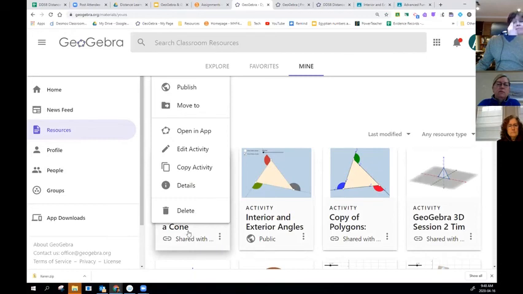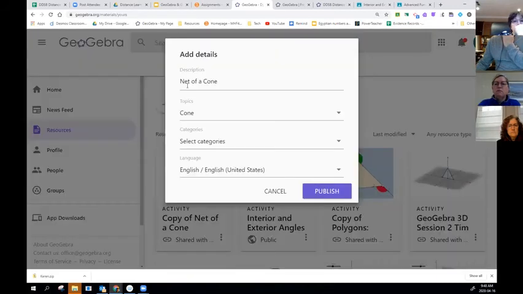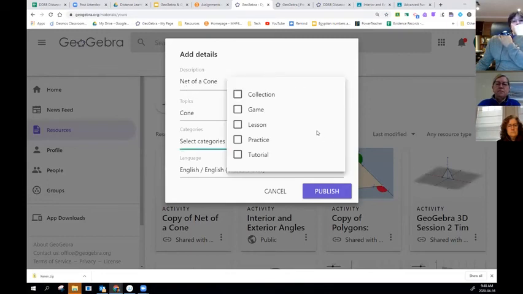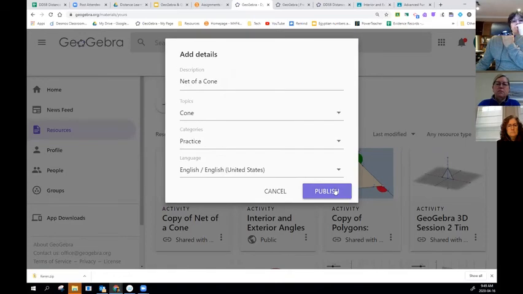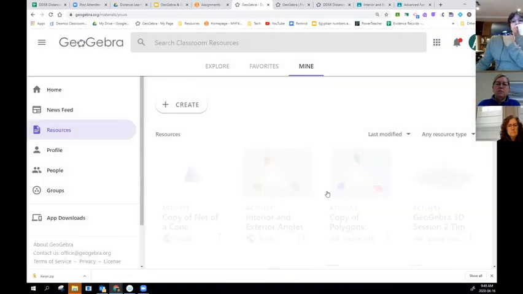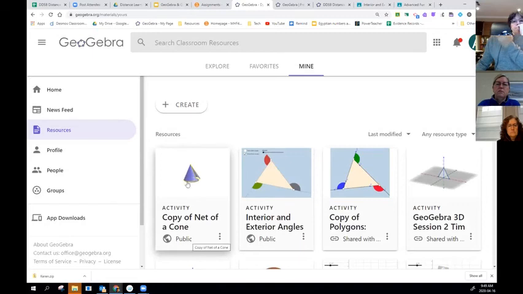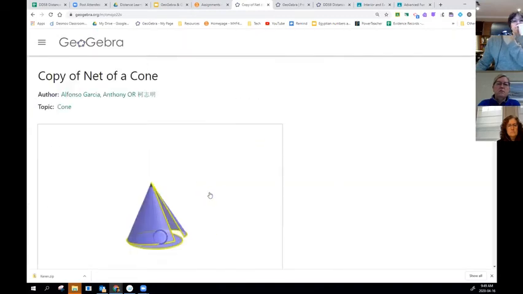So I'm just going to open it. I'm going to publish it because I'm not sure I had published it to make it public. But I think by publishing it now, it will be public. Select categories, language. I'm going to say a practice, and publish it, okay? And so now it's public. And when I come to it, look at it, my name is there next to Anthony,